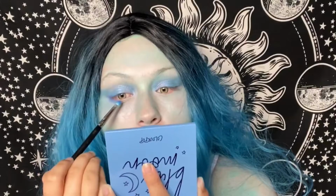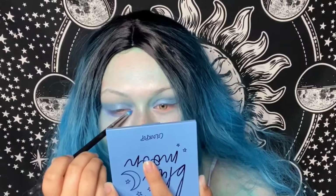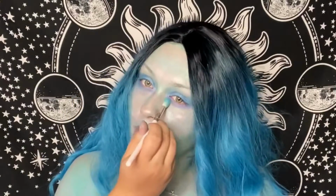Now that we have that done, we are going to go under the eye with a bit of Daba D right here. And we're gonna go under the lid with this. And again, winging it up towards the hairline. So this one I would say is like a light periwinkle kind of indigo shade. Okay, and again, you can take just a blending brush with nothing on it, go right underneath and blend it